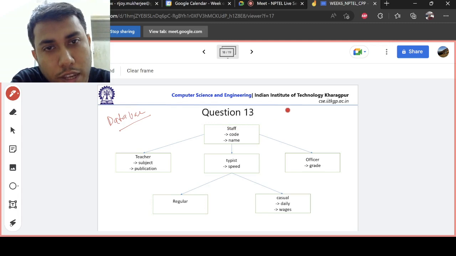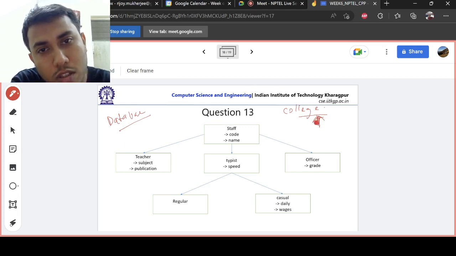You have an organization, like your college, and it has many entities which make up this. Like you have staff, a complete generalization,